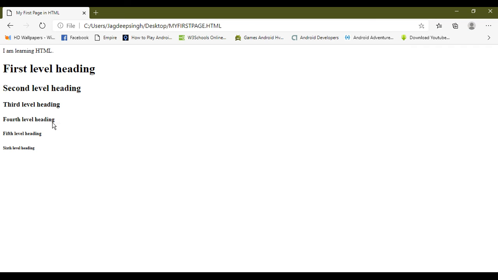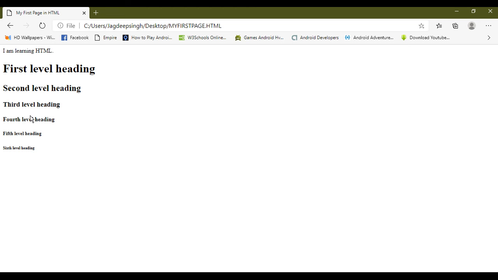Next is, by default all the browsers align the heading on the left side. Most browsers however support the alignment attributes, which also allow you to write a heading aligned to the center. So we can use the align attribute with the heading tag to change the heading. So there are 4 different types of alignment: one is left, right, center and justify. Now just change your code to see the align attribute.